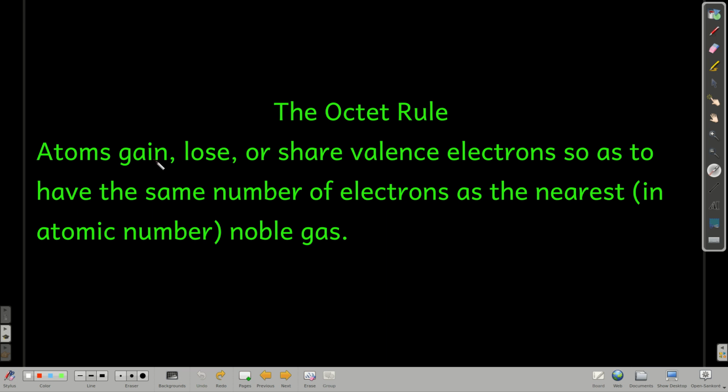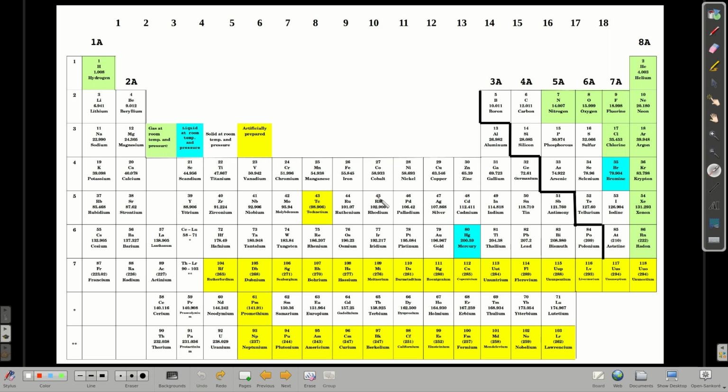So what happens when chemistry happens, basically, is that atoms either gain, lose, or share their valence electrons, their outermost electrons, so that they have the same number of electrons as the nearest noble gas. And when I say nearest, I mean with the closest atomic number. So if we look at a periodic table right here, these are the noble gases, and let's say calcium,